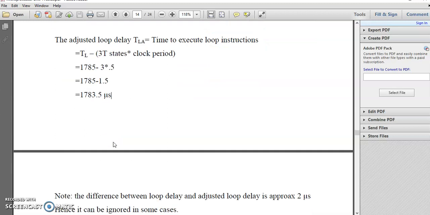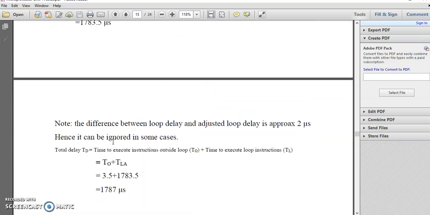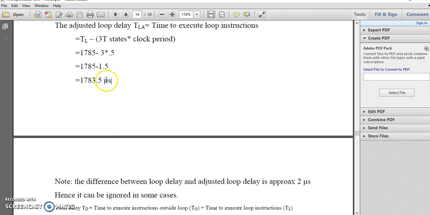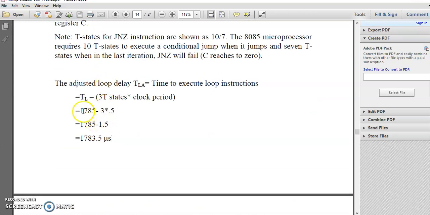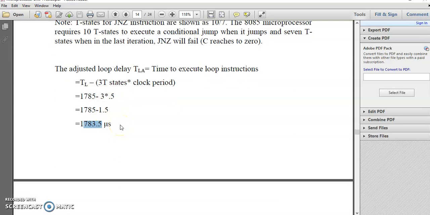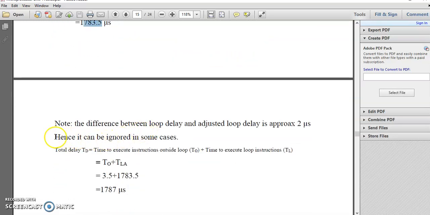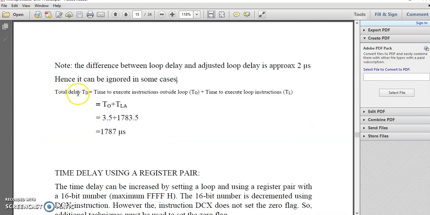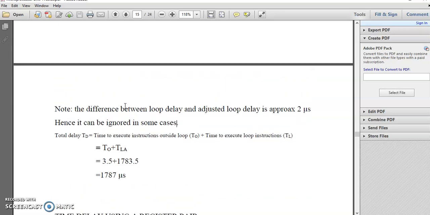Actually the difference between this and this is minor. It is 1.5 microsecond, so we can ignore it. In some cases we ignore it. So total time delay will be time delay outside the loop plus time delay inside the loop. So we got the total time delay for this program.